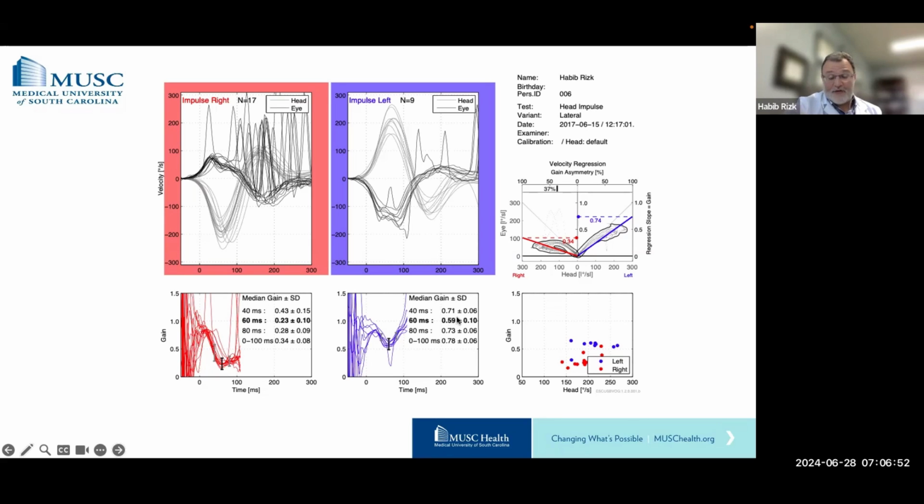And that's part of the central compensation process that we call the cerebellar clamp, where the cerebellum is reducing the impact or the weighting of the information coming from the good side so that the vestibular nuclei don't sense a significant asymmetry. And that's what makes the vertigo start to subside in the first few days after a nerve section or a neuronitis.